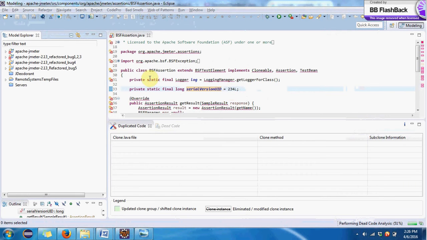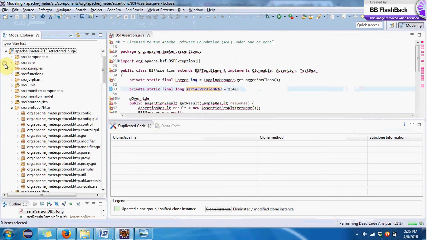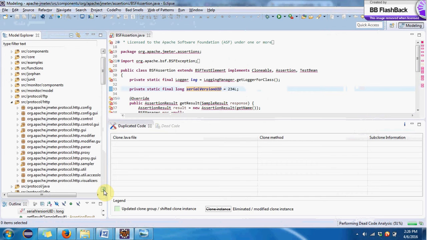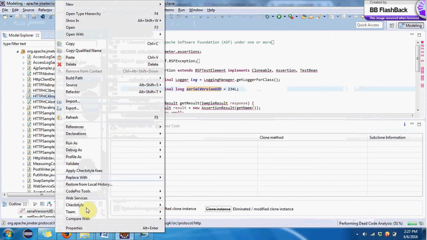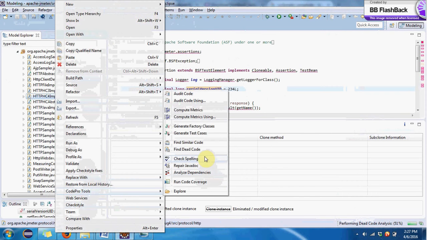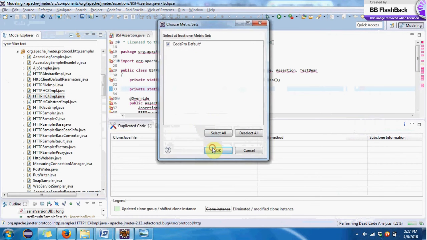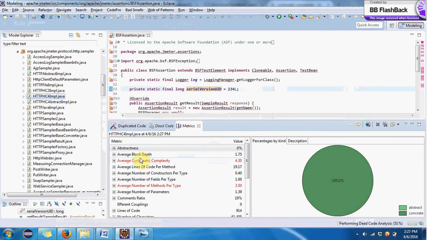Okay, so we can also find the cyclomatic complexity. Let's see here. Before refactoring, what was the complexity? Let's take a sample package, sampler, the fourth one, yeah, this one, and let's check its complexity using CodePro. As you can see, the average cyclomatic complexity is around 4.30, and after refactoring,